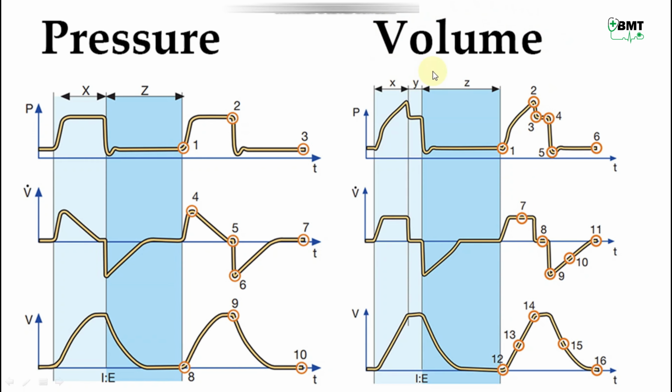Let us consider volume graph. Example, 500 volume is set. So in volume graph, it will go gradually to 500 and will be maintained for some time. But at the same time, in pressure graph, there will be increase in the pressure required to reach the peak pressure. Now let us clear the concept of this peak pressure.